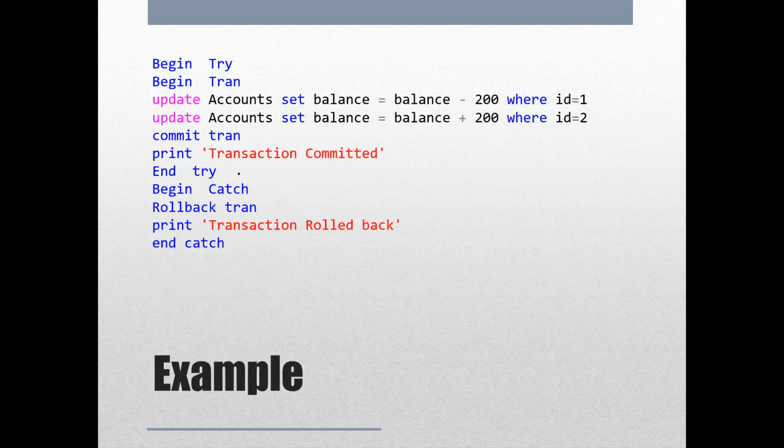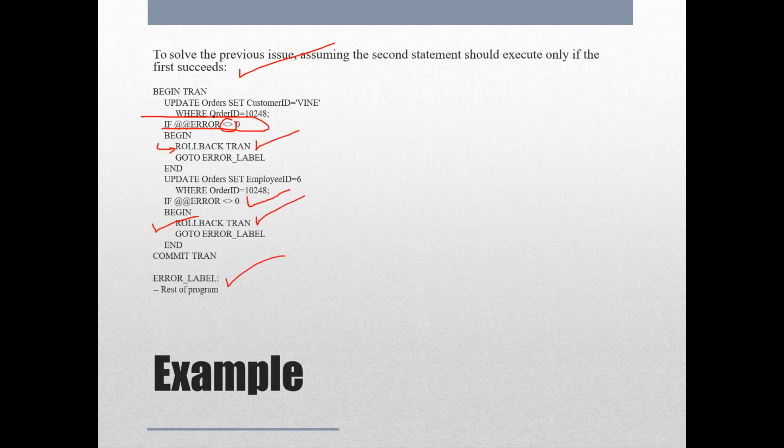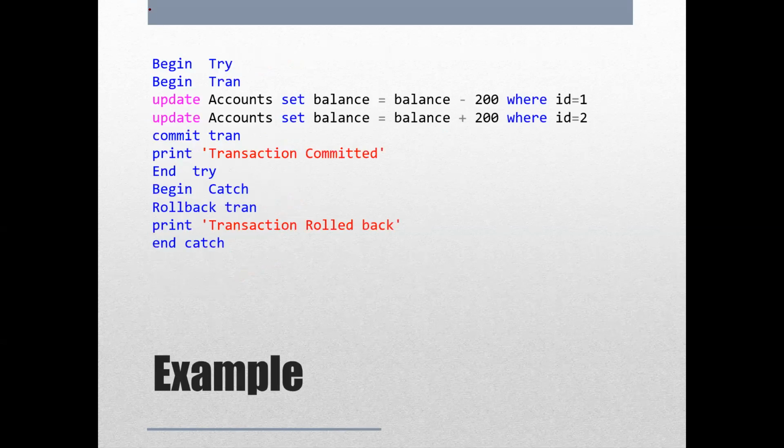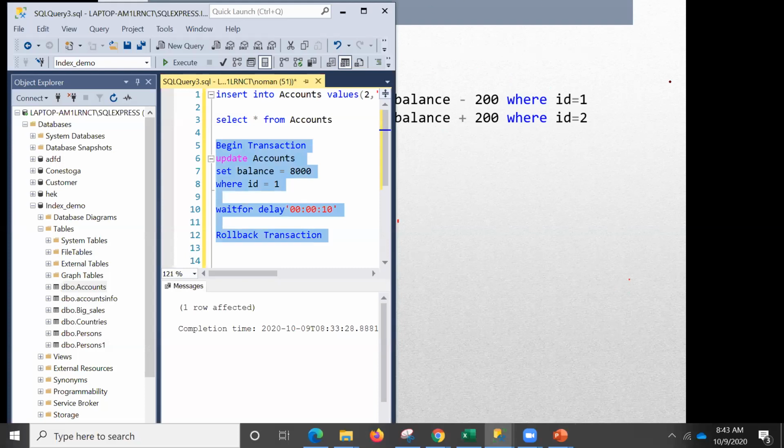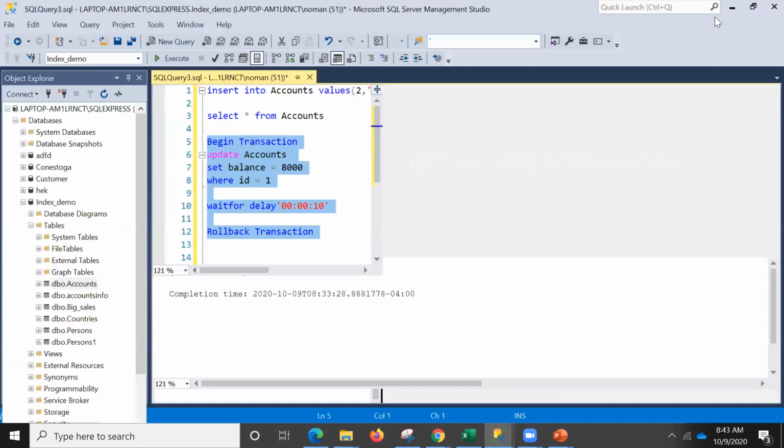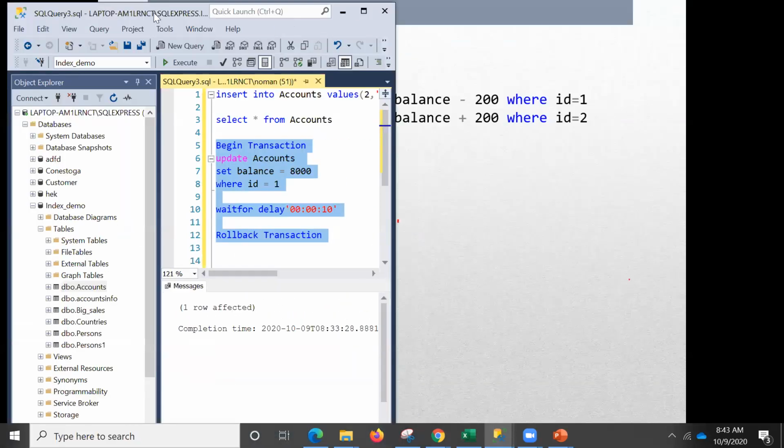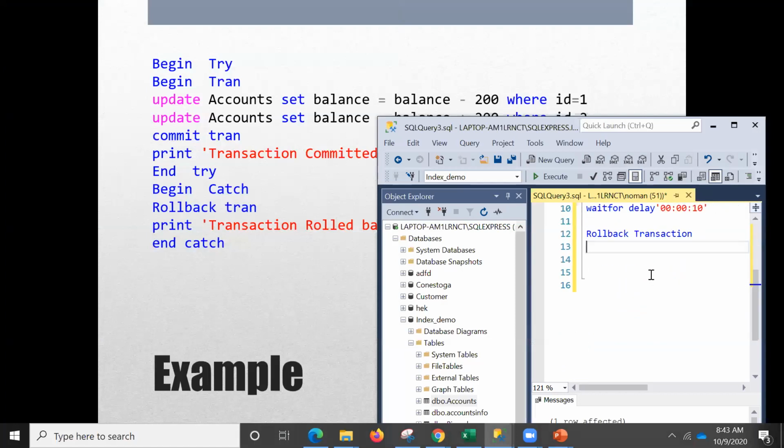Now we'll try to do that in our program. You remember that we can use @@ERROR, which was used previously, but what we can use is the more advanced form, TRY and CATCH. So what I want all of you to do is open up our SQL window. Okay, so now what we want to do is just do that.